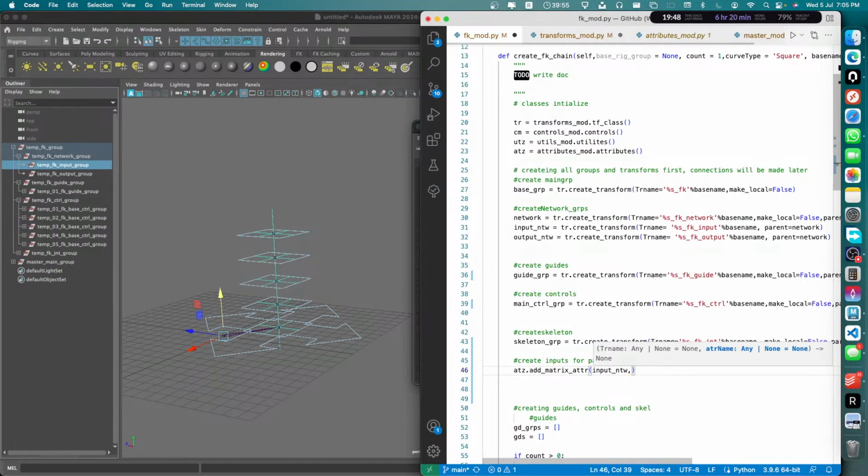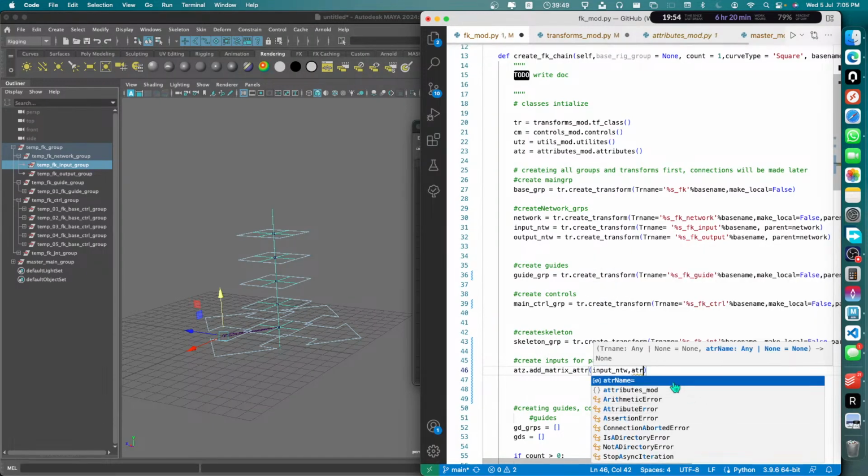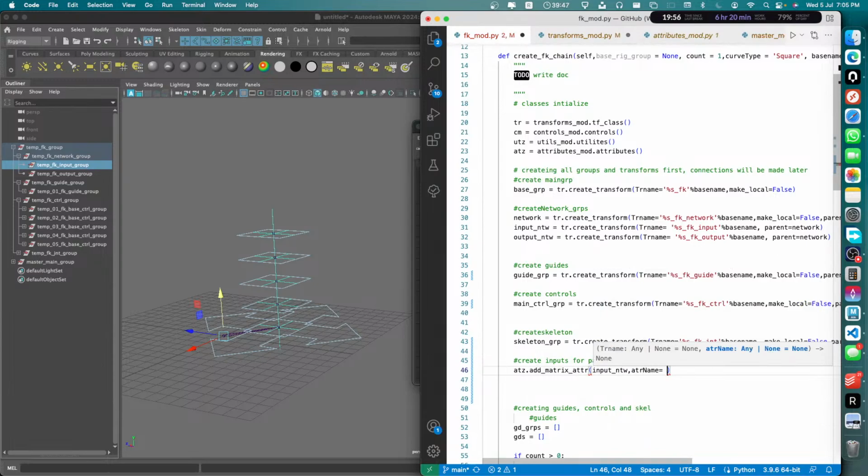Oh no, let's see, transform name is this, then attr name, sorry, yeah, attr name will be parent control matrix, and the other attribute which will be here,